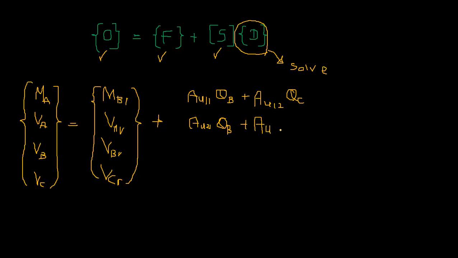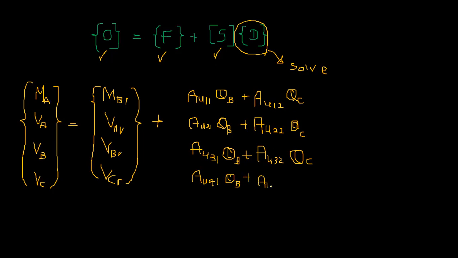AU, this is 22 into theta C. So this is AU 31 into theta B. So here it is AU 32 into theta C. Here it is AU 41 into theta B. And here it is AU 42 into theta C. So you can